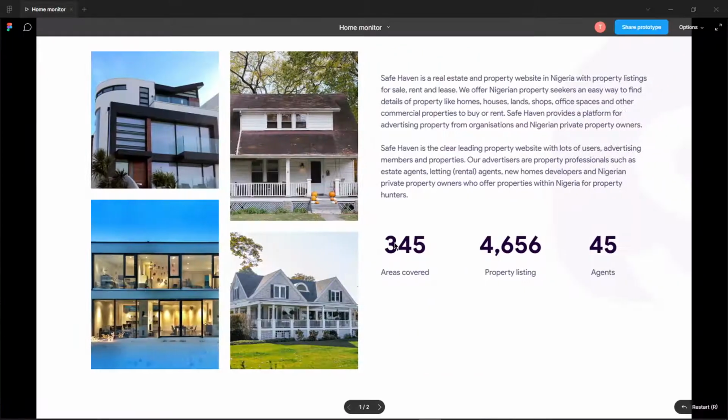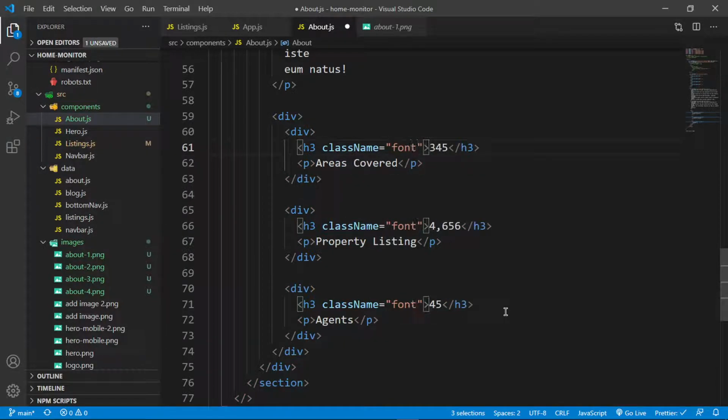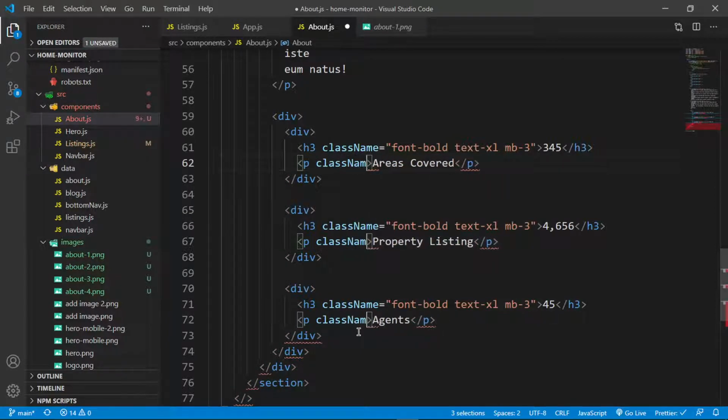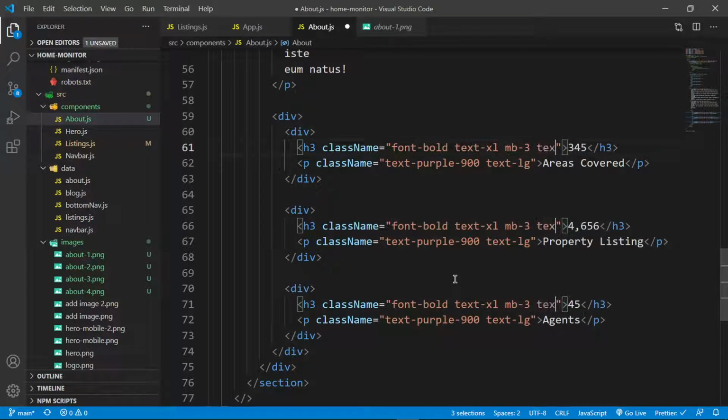And as you can tell, these are all styled the same way, so I just want to do all of this once. So I'm going to grab this h3, and this h3 as well, and this h3 as well. I want a class name of font bold and text XL and margin bottom of 3. Okay, and then inside these paragraphs, I want a class name of, just remember they didn't change the text color for the headings, I'm going to do that. So text purple dash 900, and then I'm going to say text large. Let me go inside the h2 and just say text purple